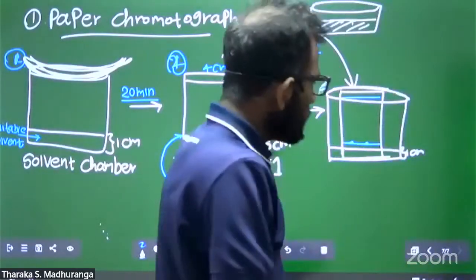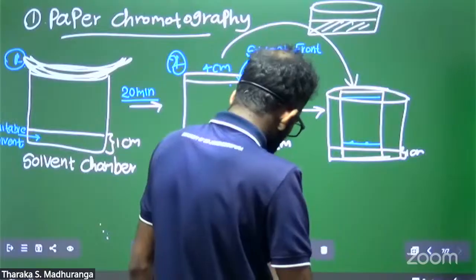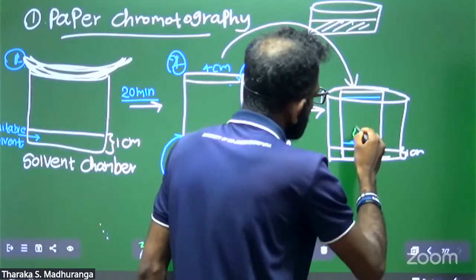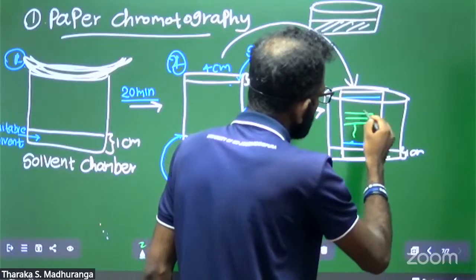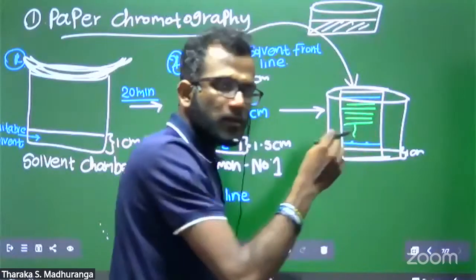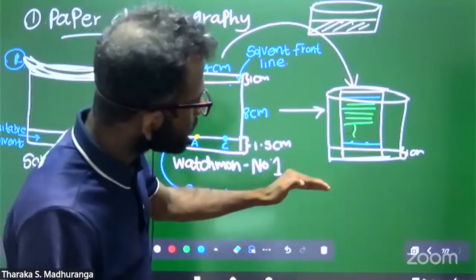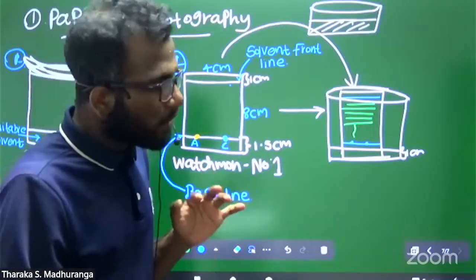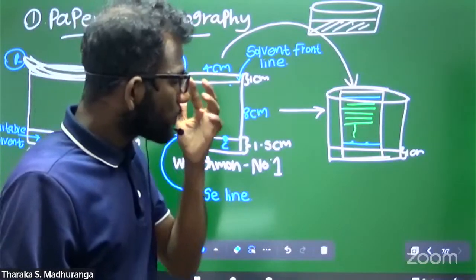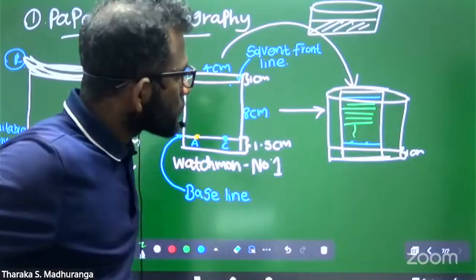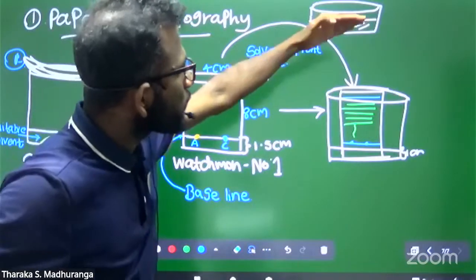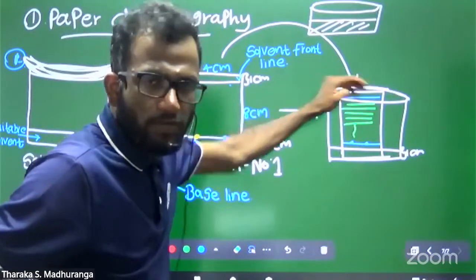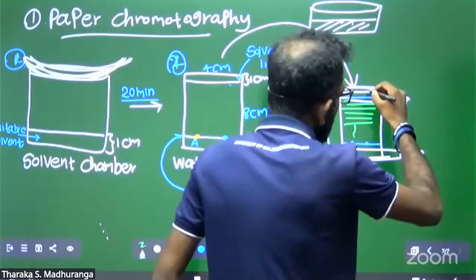In the same way the solvent wets this paper, and we can see it slowly go up. When this solvent layer comes to the solvent front line,